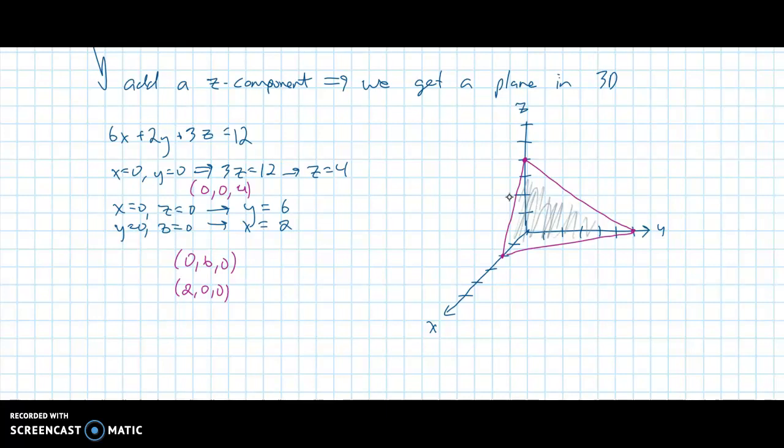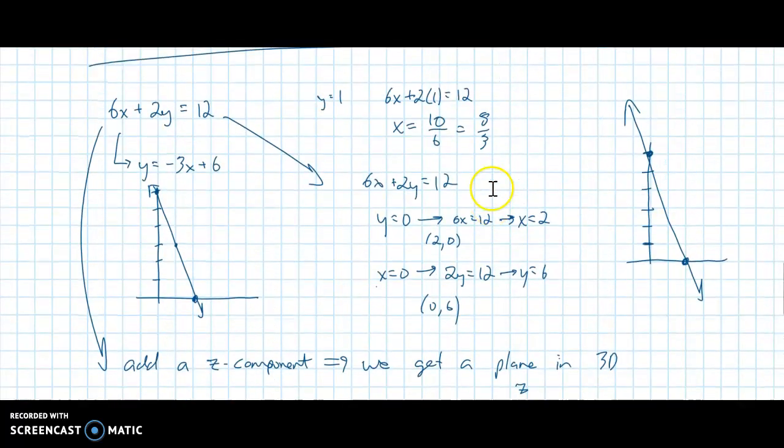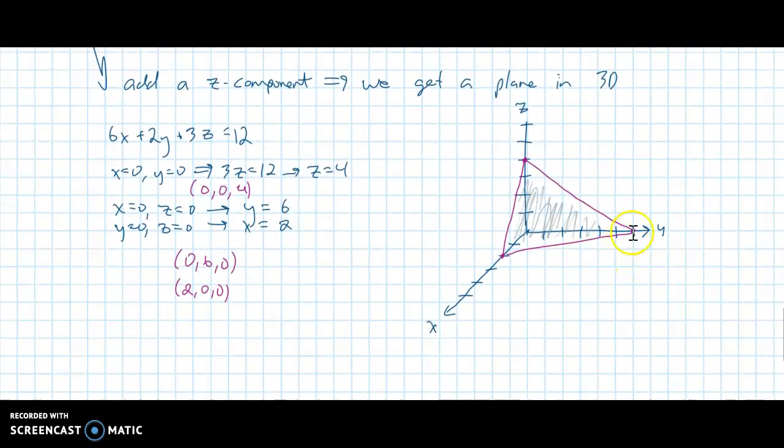But I want to show you some things about this plane. One, this is a way I can always graph a plane. If it's got reasonable numbers, I can figure out points and stuff like this. But remember up here where I had this line, and that was the 6x plus 2y is 12? Well, I want you to see, and look, this was the y-axis. Oops, wrong. This was the y-axis and this was the x-axis. This is one of the reasons we have a right-hand system, because, look, this is the y-axis, this is the x-axis. This line right here,